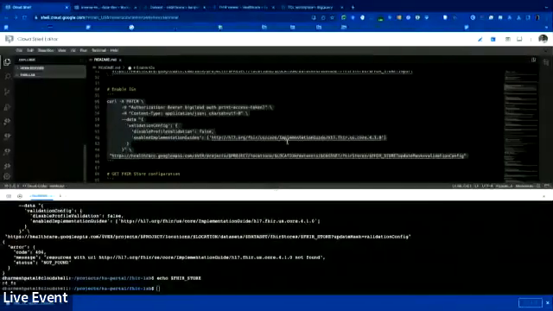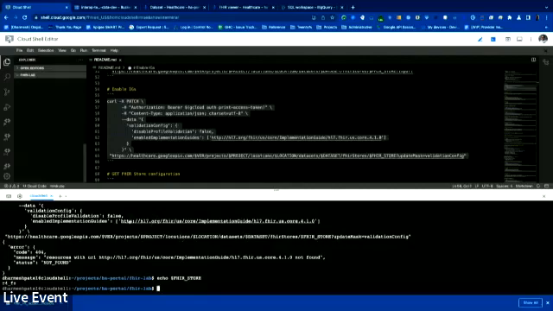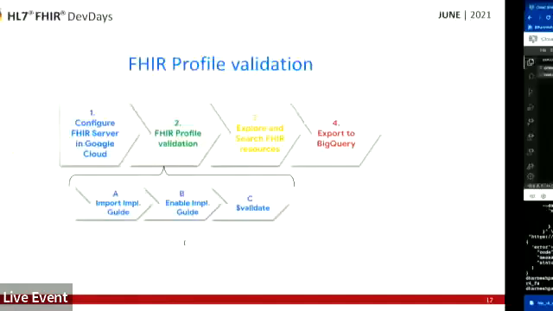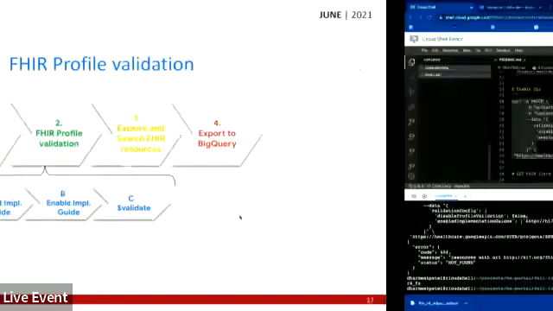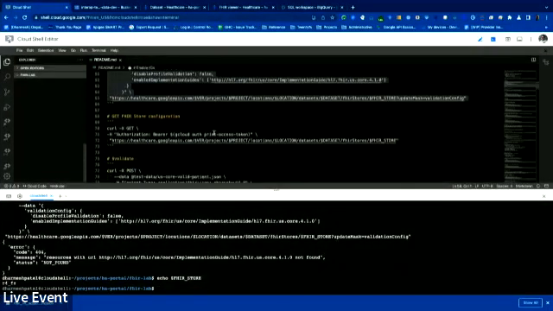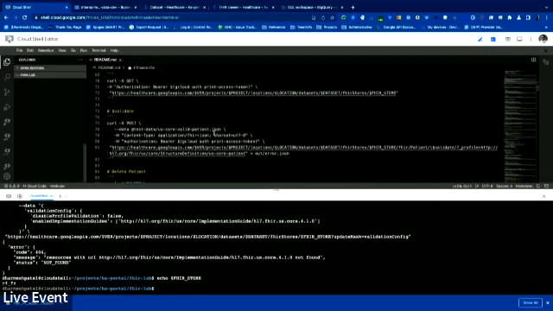Yeah, but that's how you validate. I think in the interest of time, I will move on. There's some typo in the ID of the implementation guide. So once you've enabled your IG, you can validate on insert by just doing a normal POST like this,